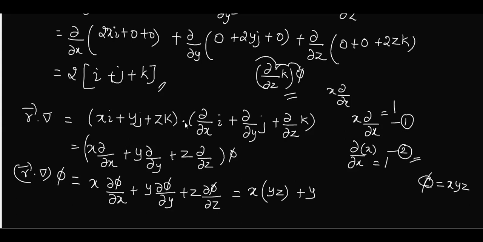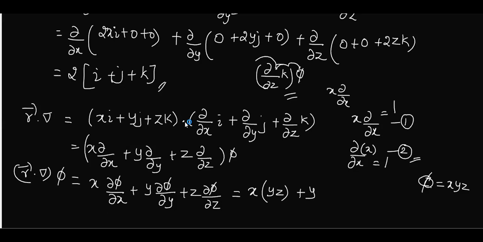Ma'am, I had a doubt on this r dot del. You told that if it was del dot r vector, it would have been the second form. But dot product is commutative, right? Like r dot del is equal to del dot r. That will hold if the coefficients of ijk are constant. That will not work over here.